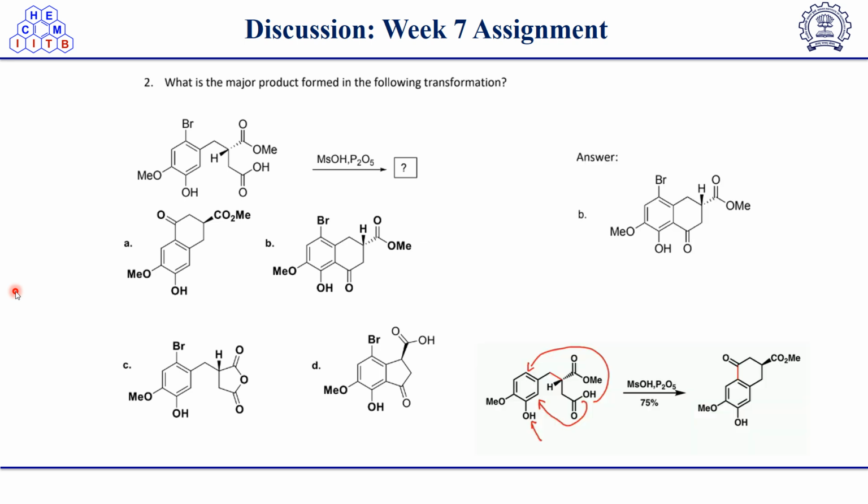Okay, so here the correct answer is option B, and what is happening here is simply this. It is like Eaton's reagent, so it is helping in the cyclization. So this will be attacking either at this, like it is like Friedel-Crafts acylation, so it can happen either at this alpha position or at this ortho position or at this para position. Since the para position will be more activated with respect to this hydroxyl group than the corresponding ortho position, the Friedel-Crafts cyclization will happen at this particular para position, and as a result we will be getting